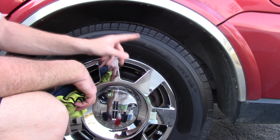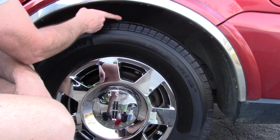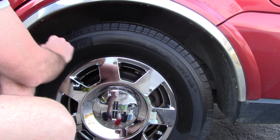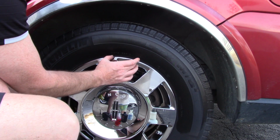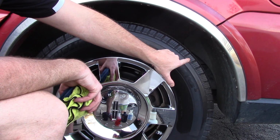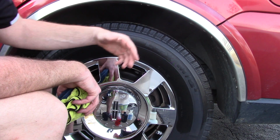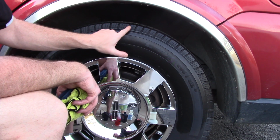When this car goes down the road, it's going to create a perfectly uniform pattern or a perfect line all the way around the tread of the tire. So the tire with the tire dressing is going to look absolutely uniform all across the face of the sidewall and up here on top of the treads. Now I couldn't duplicate that perfect pattern, that perfect straight line with my hand, so I take advantage of the fact that the car is going to drive down the road, so I'll go over the tread